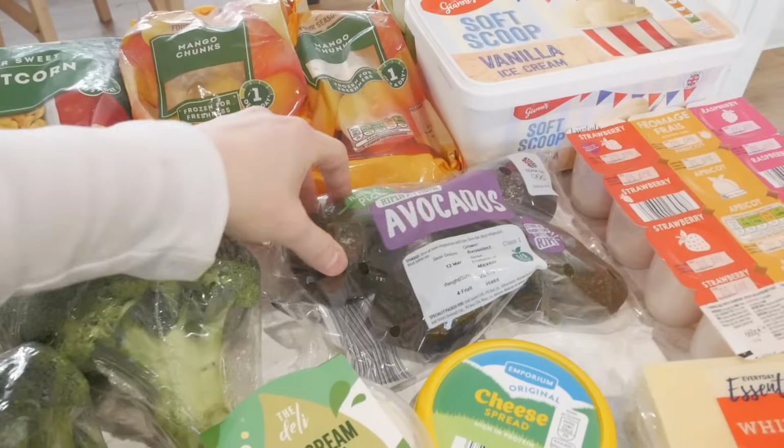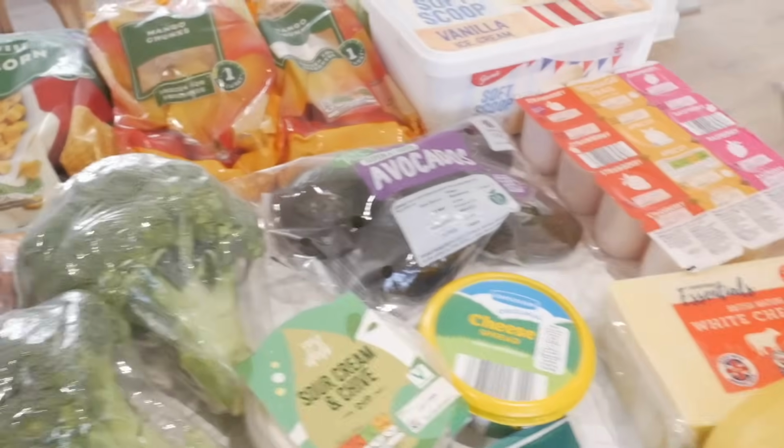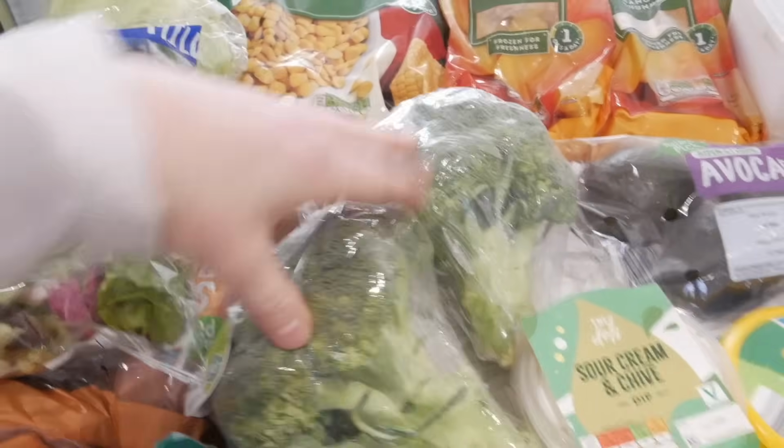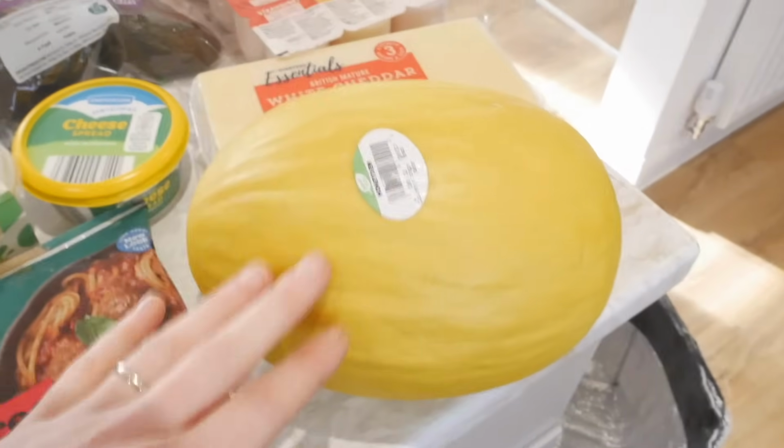Some avocados, again, for tonight's dinner. I don't normally buy avocados, but there's only one dinner I normally use it for, and AJ and Forrest really like it, so got that. Some broccoli, 2 broccolis, some sausages and meatballs, sour cream and cheese spread that AJ and Forrest chose, a melon for the boys to try, cheese for the week, yogurts for the week for the boys, and the boys normally